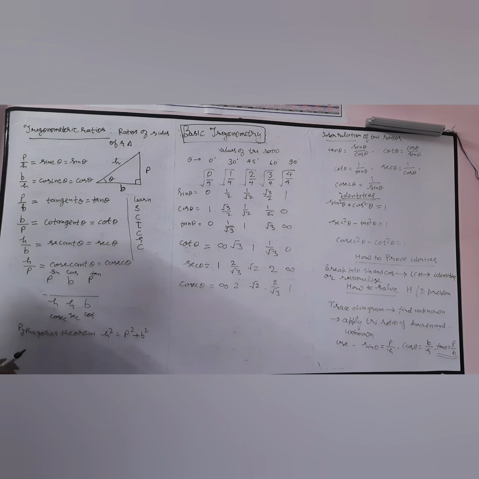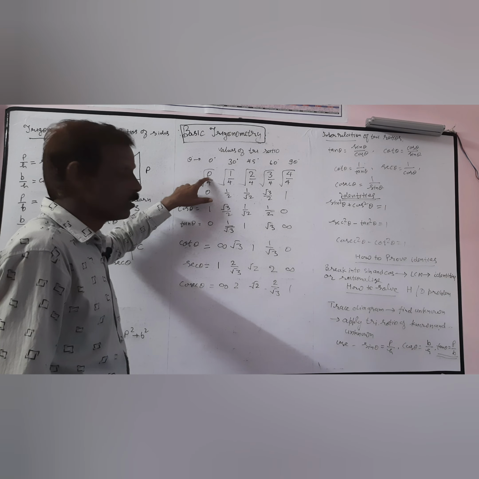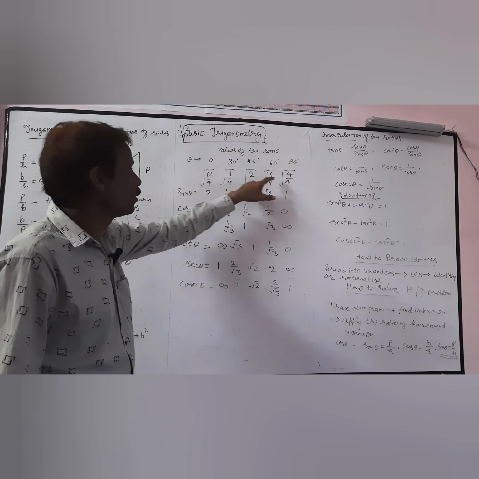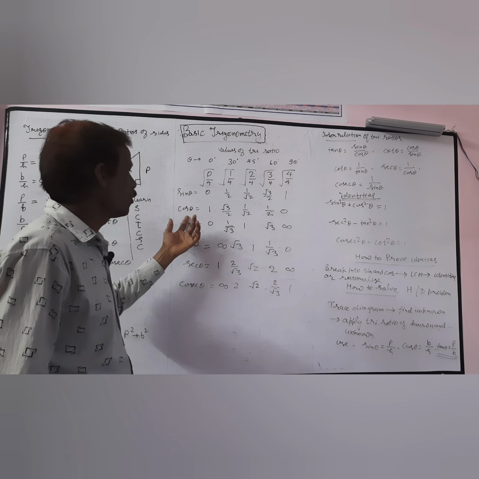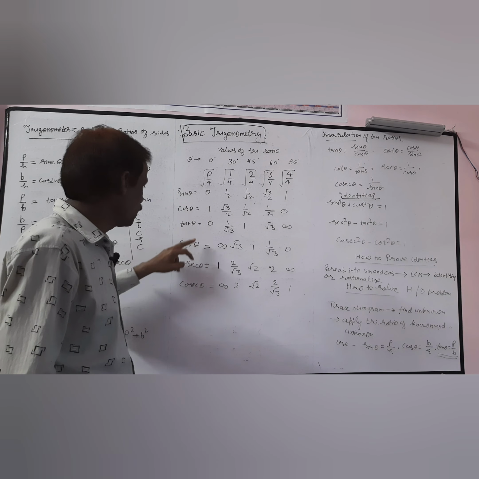sequence of them. Now, another basic thing to know is how to find the values of the trigonometric ratios, how to make the table. Start counting from 0, 1, 2, 3, 4, and divide each one by 4 and take the root. The first row will give you sin theta: sin 0 is 0, sin 30 degree is half, sin 45 is 1 upon root 2, and so on. Reversing this sequence, you will get the values of cos. The value of sin divided by the value of cos gives tan, and the reverse of it is cot. The reciprocal of cos will give you sec, and the reciprocal of sin will give you cosec.